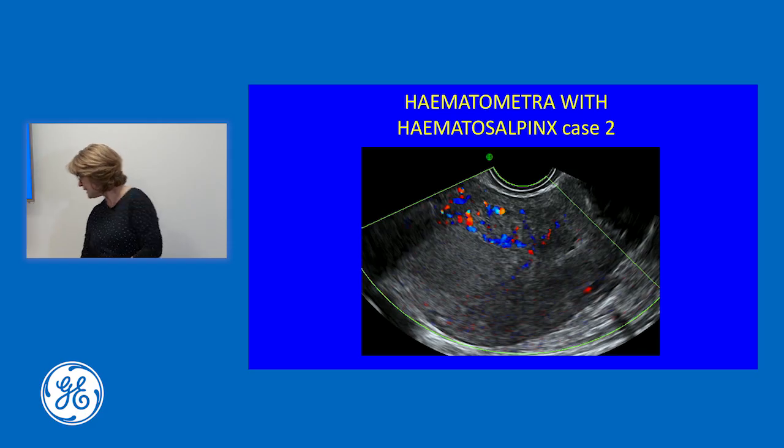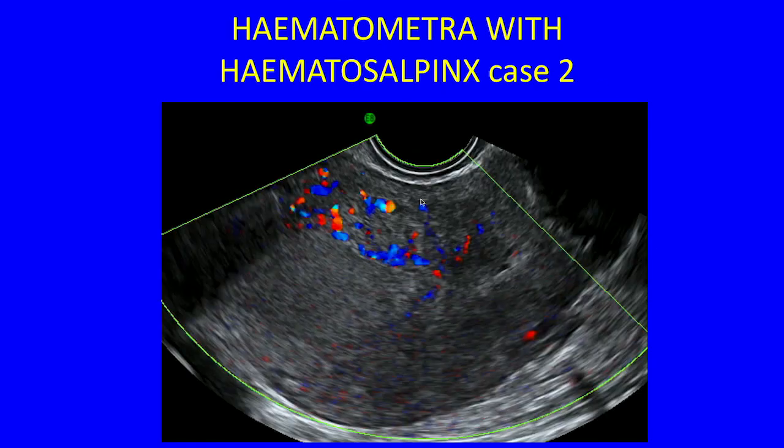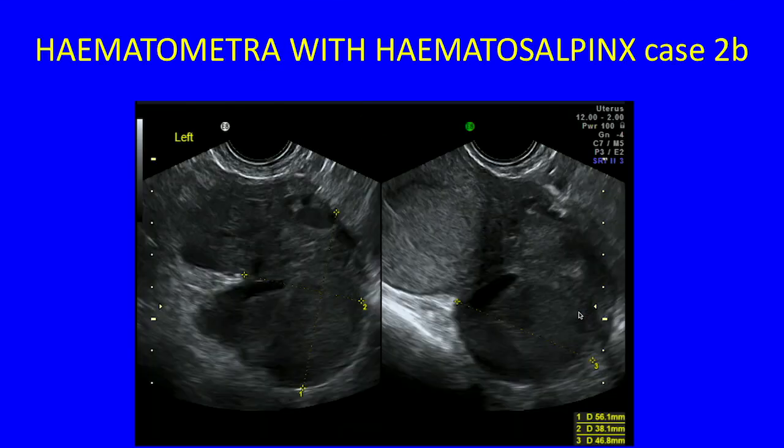This is on 2D. You can see the cervix is up here. There is something in the endometrial cavity that's not vascular. Doesn't mean that it can't be tissue, but I'm thinking blood at this point. And then this is in 2D. This is her uterus, and this is an adnexal mass seen in a longitudinal plane and in a transverse plane. And I think you'd agree it's pretty hard to work out what's what there